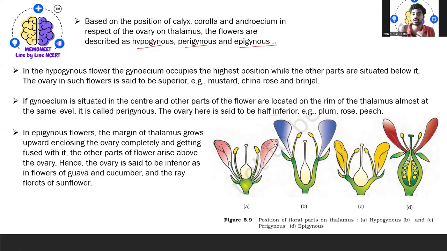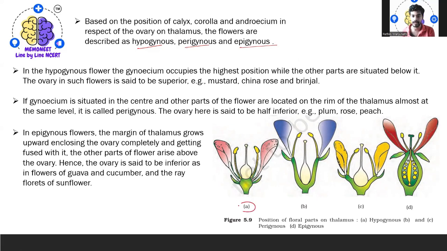So, based on the position of the calyx, corolla, and androecium, and respective of the ovary on the thalamus, what happens? The flower can be described as what? Hypogynous. So, what is a hypogynous flower? What happens in the hypogynous flower is,